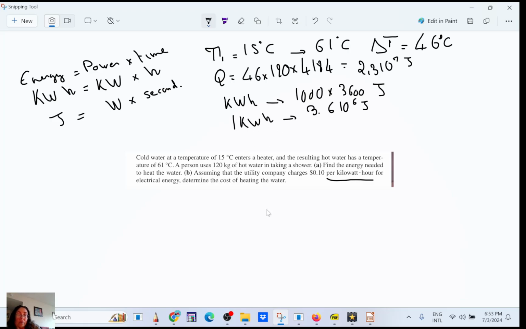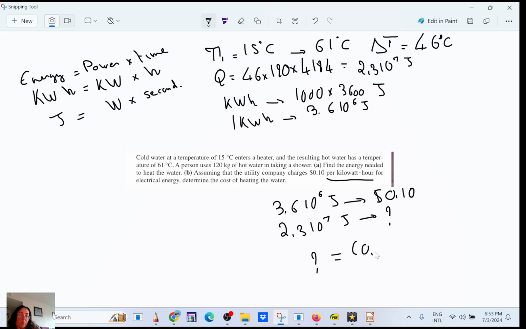So anyway, 3.6 times 10 to the 6 joule is going to cost you 10 cents. So here you're using 2.3 times 10 to the 7 joules, question mark. So you cross multiply and you divide, right? So it's going to be 0.1 times 2.3 times 10 to the 7 divided by 3.6 times 10 to the 6, and you get